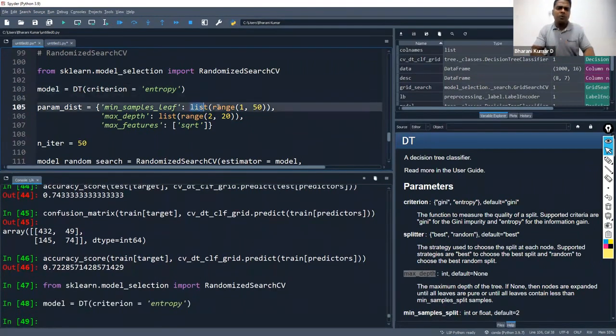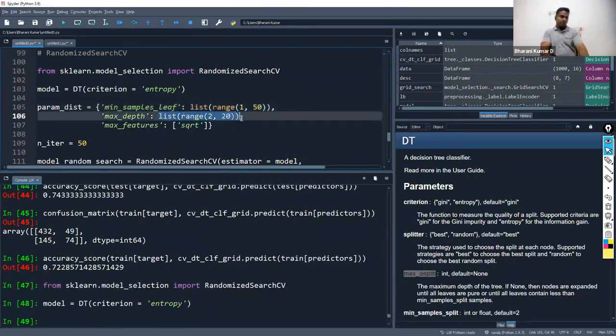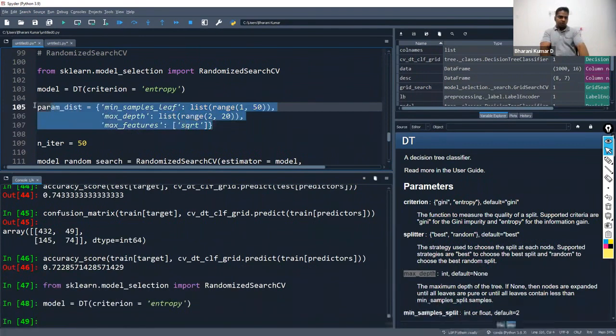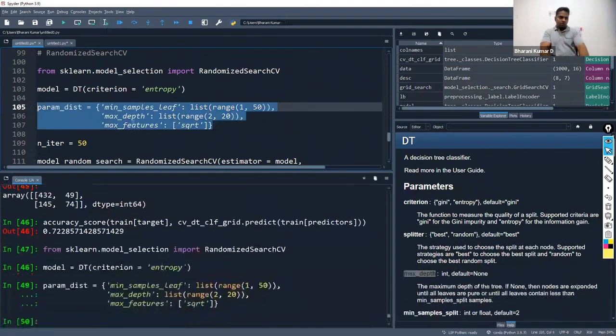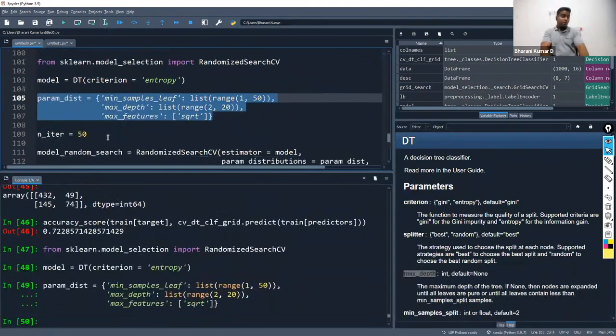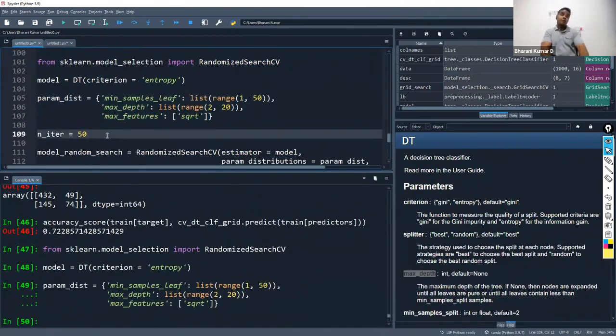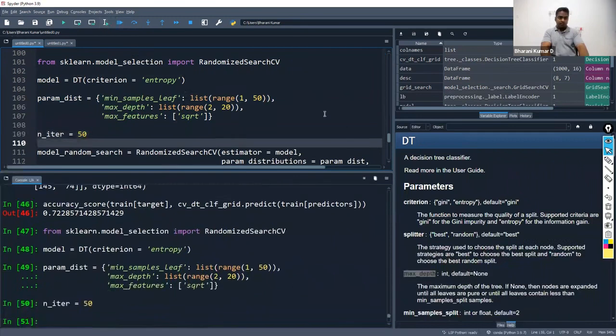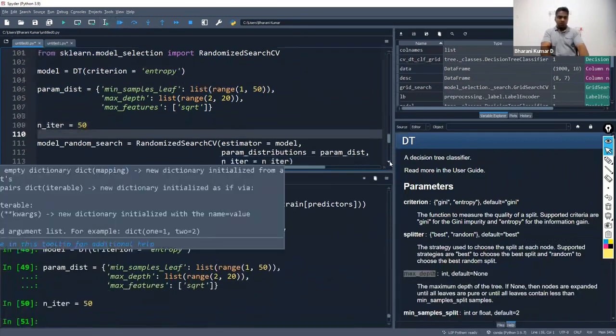So you're saying, I want to generate a list of 1 until 50, all the values, and do all those experiments for minimum samples. Maximum depth from 2 until 20, I want all the experiments. So that's how you're defining your parameters, and you want all these to be run for how many times? 50 times. Because each time